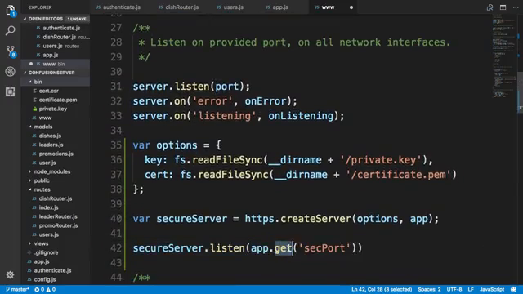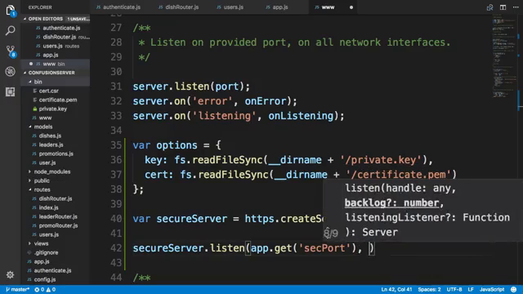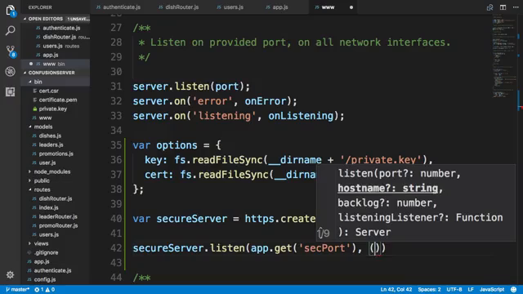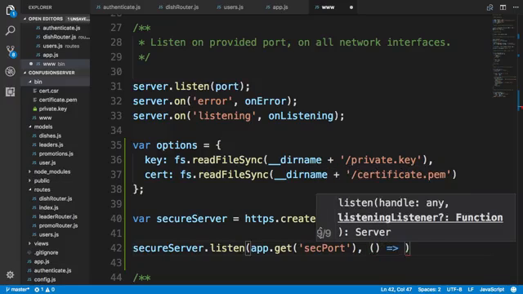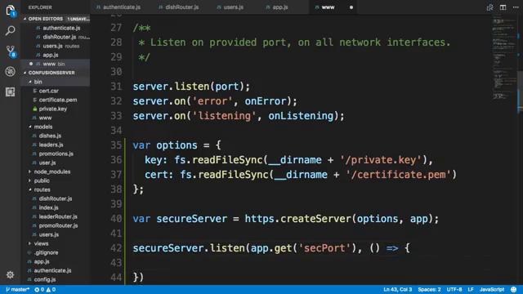So this means that this value that we have configured earlier will be available to us to configure our listening port for our server. So we'll say app.get secure port, and then supply the callback function here,